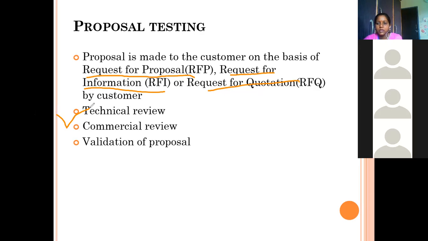Technical review is what? It mainly involves the technical feasibility of the kind of system or application proposed, the availability and requirement of skill set, the hardware or software and other requirements of the system. So just now I told you, in case of a request for quotation, what kind of technical data is required. That is, for example, the availability of skilled people.